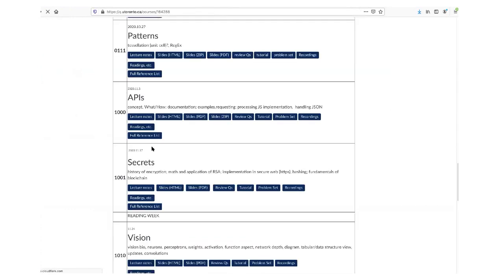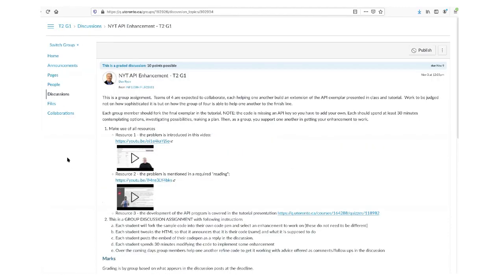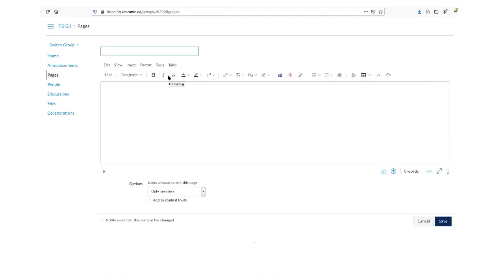Yes. Yeah, so I started here. I clicked on problem set. And if you do this, you should land, depending on what group you're in, at a page like this. So a Quercus group page like this, the pages in here are pages that the group can create, right? So the purpose of this was so that you could create like a wiki-like thing within a group as a work tool. So if I'm in here, I can create a new page called